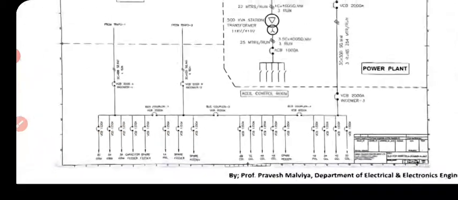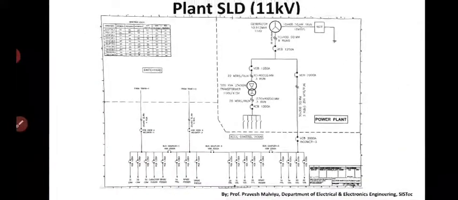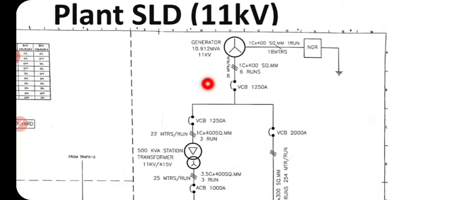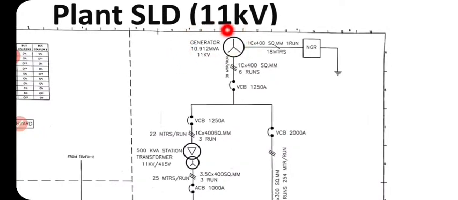Here we need to have 11 kV of supply from these 2 sources, the substation and a power plant. Initially we will be discussing the power plant. The power plant was a gas power plant. It was made by Wärtsilä India Limited, a Finland company. It was producing 11 kV of electrical energy.